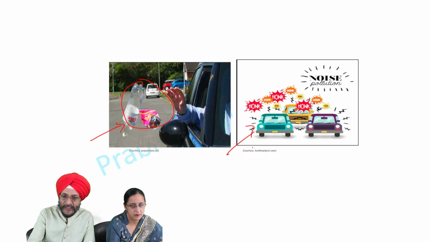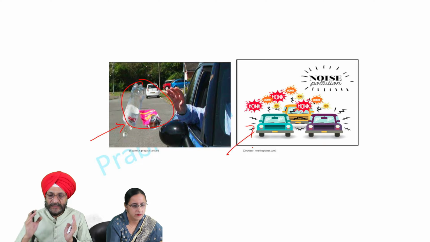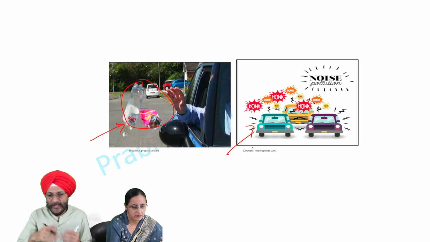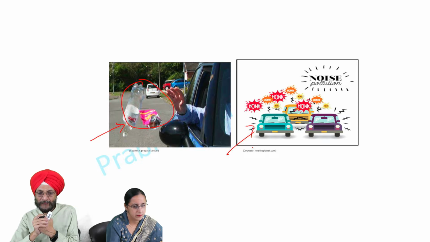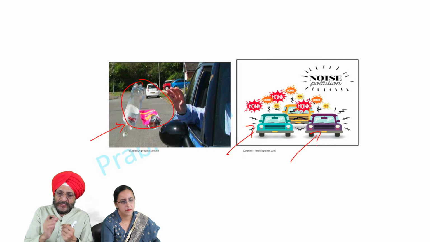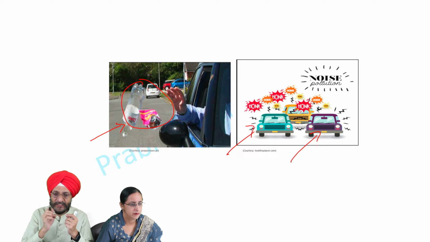You can also see that whenever there is a traffic jam, some persons like to place their hand only on the horn. There is also a tendency on the part of some individuals that whenever they purchase a new car, they would like to show off in public. This type of noise pollution is also harmful for the general public, especially when we pass near a hospital. So from these pictures, you can see that in some areas we lack social responsibility.